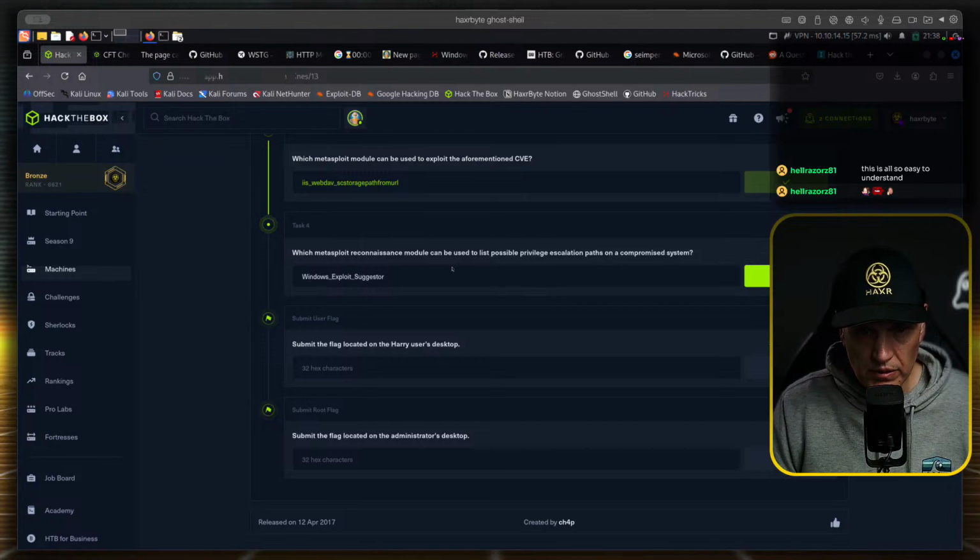What can that one be? Metasploit reconnaissance module.